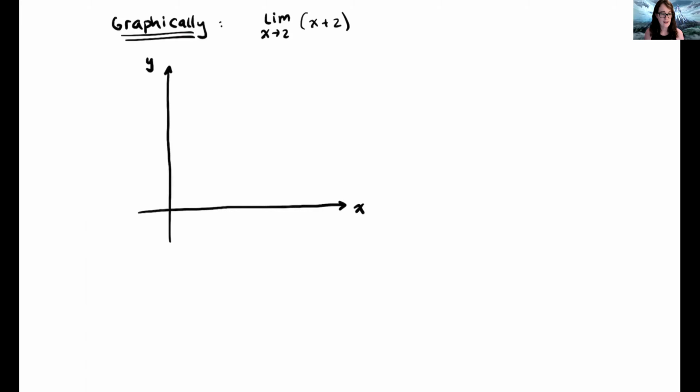okay, label our axes. We've got x-axis horizontal, y-axis vertical. I know I'm only drawing this quadrant because we're kind of only focusing as x approaches 2. So that's kind of where I want my graph to be centered. So I'll just do 1, 2, 3. I know the limit should be 4. So on the y-axis, I know I need to go up to kind of like around there. I'll go up a little bit more. So we'll just say up to 5. Okay,